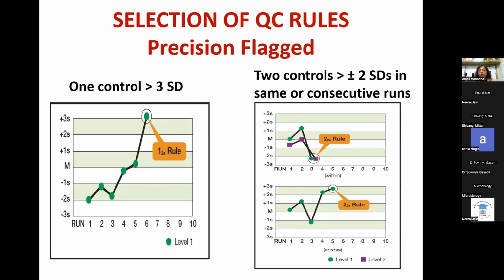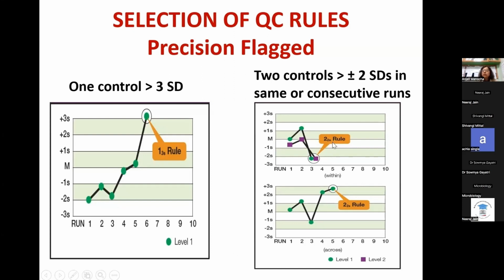You check the control and you find that the control is out. So then if you go on to the Westgard LJ chart, you see that here the value is on 3SD. So at once you get to know that this is precision which is being flagged. And so it may be a random error. Let's check what it is. Because up till now we were within 2SD.